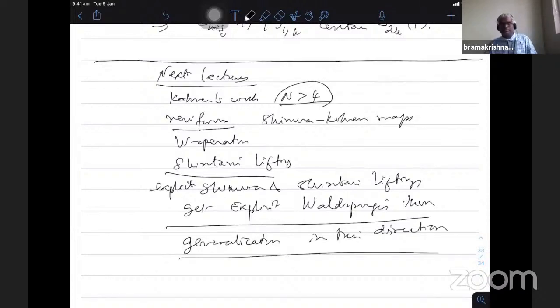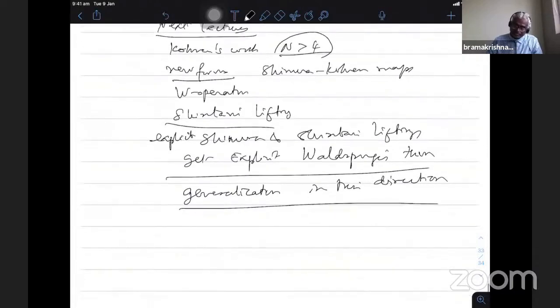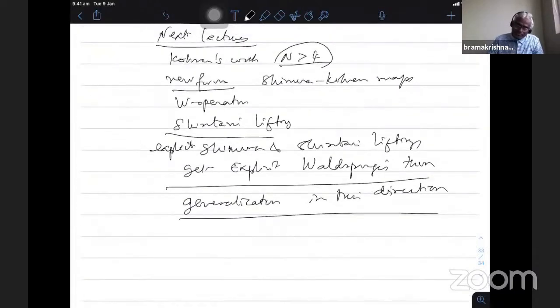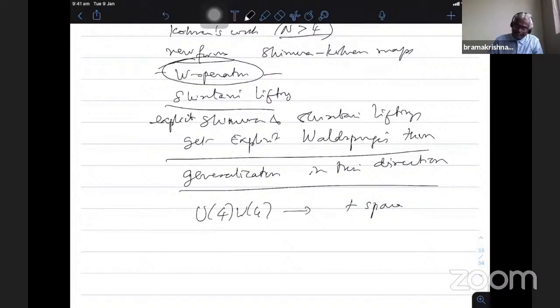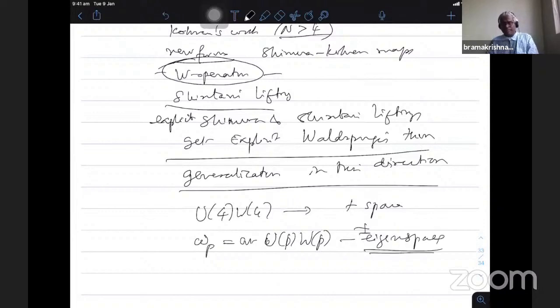Depending on the time, I think we will see more results, along with the Shimura-Kohnen map and the Shimura mapping property that we will see. And probably we'll also talk about the W eigenspace. The W operator is also a very nice one. You started with the U4 W4 eigenspace, which gives you the plus space. One can also take U_p W_p, which up to a constant is that operator. It also has a plus and minus eigenspace. There is also a nice property about this W_p operator. If time permits, we'll go to this.